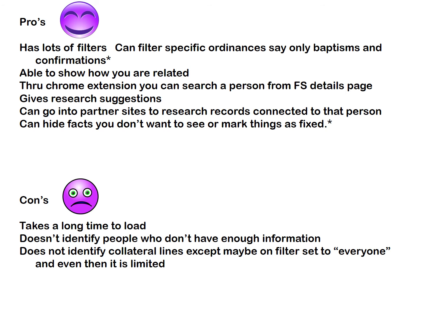So the pros to this particular program: it has a lot of filters, can filter specific ordinances, say baptisms and confirmations, able to show how you're related. Through Chrome extension, you can research a person from the Family Search Details page, gives research suggestions, can go into partner sites and research records connected to that person, can hide facts you don't want to see or mark things